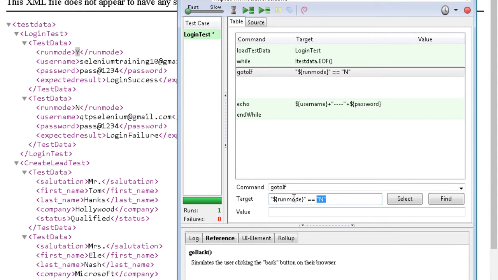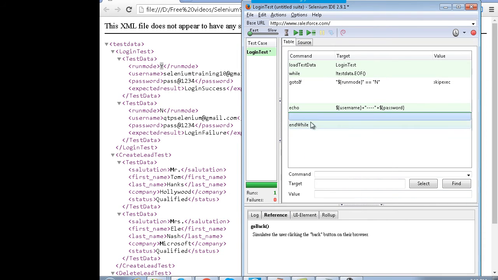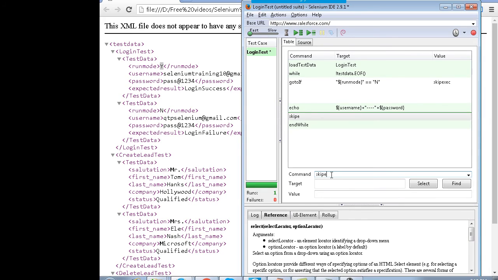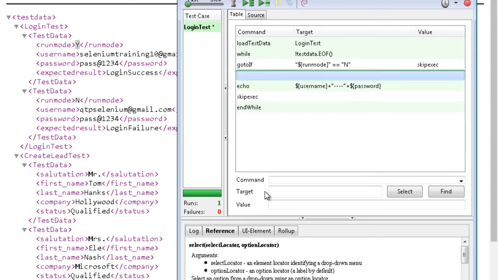Look, you have to write it in double quotes. When you are comparing strings, the strings have to be compared with double quotes. Run mode will be read as a string, so you have to give the condition in double quotes: if the run mode is set to no, then you go to the label skip execution. So in the end of the while loop, I'll make a label known as skip execution, and in the target I can leave it like this, delete it, and over here I can write echo